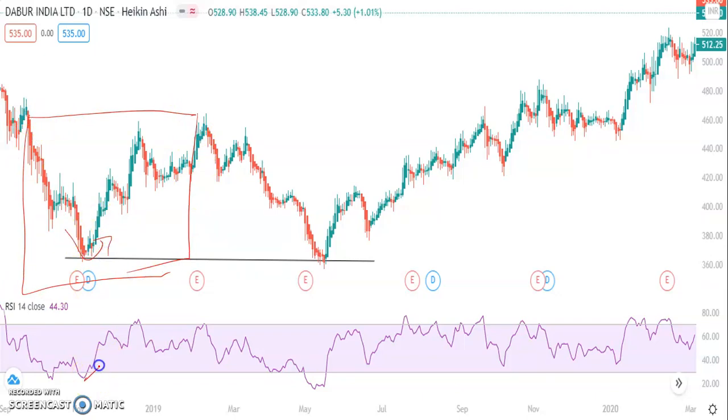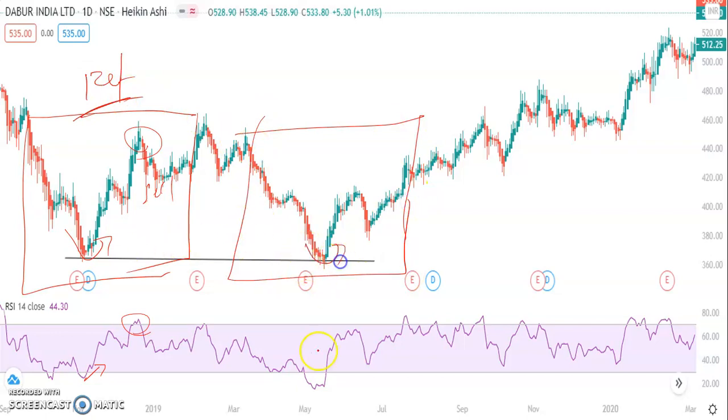The market takes a U-turn, RSI goes above 30. We reached somewhere here, we exit somewhere here, so we sold the position here. Okay, so similarly, this is the reference setup, so this is the trade. The market takes a U-turn, RSI goes above 30 and then it reaches 70, we exit the position.